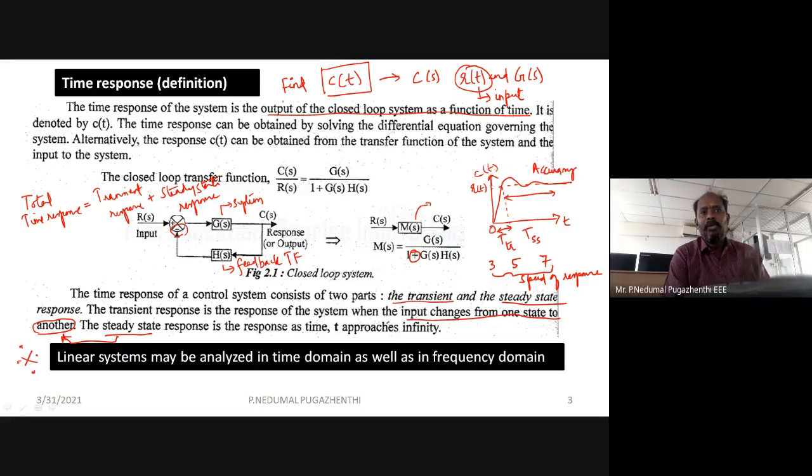We talk about stability, we talk about accuracy. These characters are the most important characters we discuss or analyze from the response of the system. The entire response is called the time response, and a part of that is transient and a part of it is steady state. From the transient you get the speed of response of the system, and from the steady state you normally talk about accuracy and stability of the system.